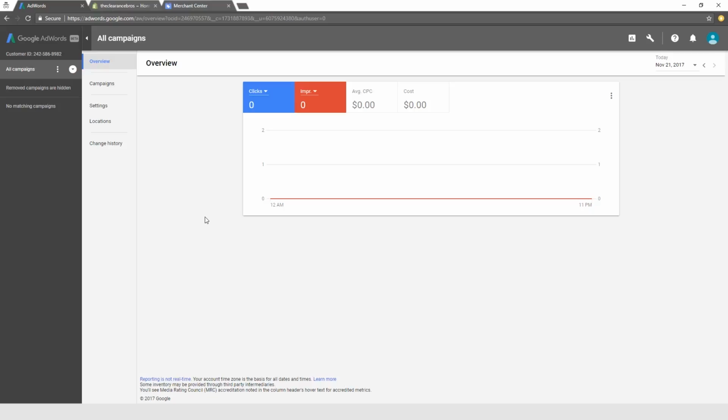So here we are on Google AdWords. This is the interface, and we're going to go over some of these buttons and see what they are and what they do. So pretty much we're going to start up here on the top right corner,